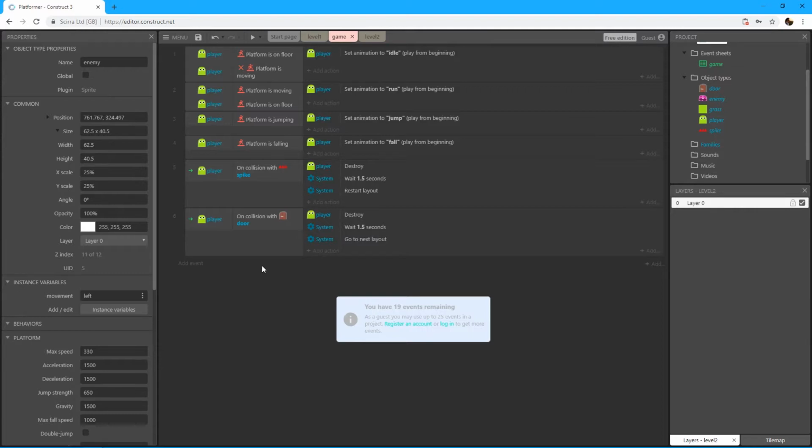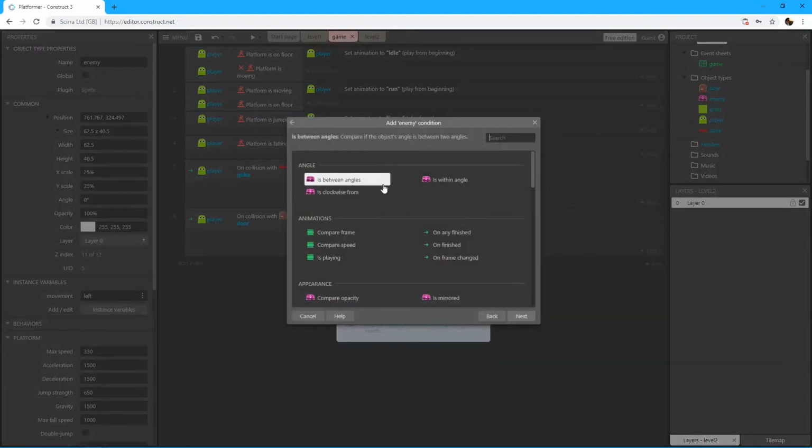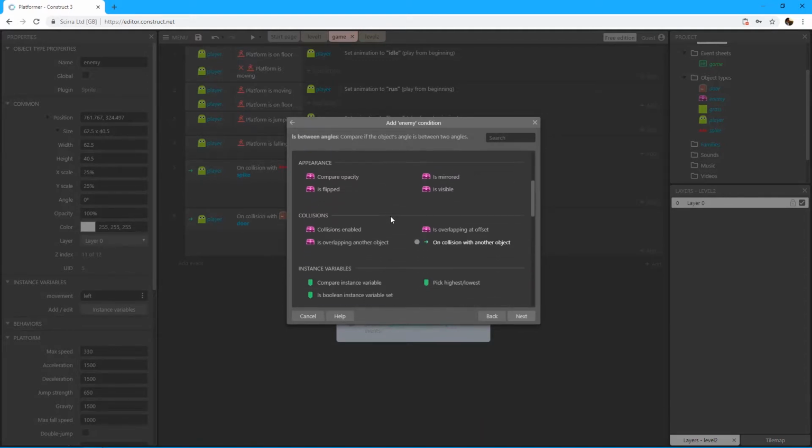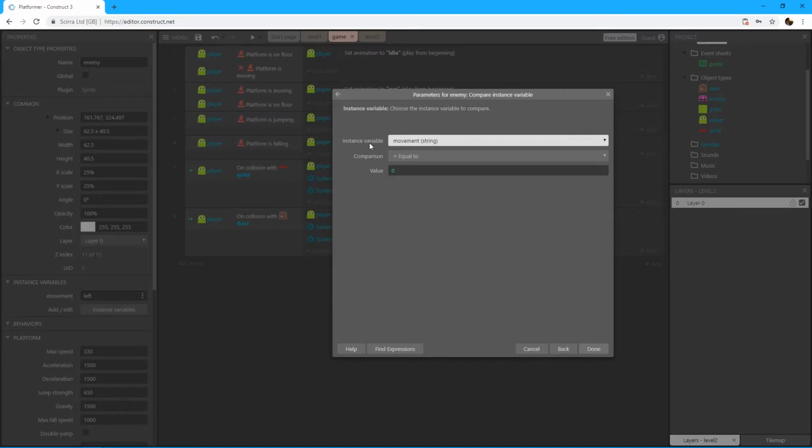So what we want to do now is add another event and choose the enemy, and you can find a condition called compare instance variable. Let's choose that, and it's going to give you the movement variable which we just created. It shows it's a string, just to remind you that it needs to be text that you add here. And we're gonna compare if the movement is equal to,